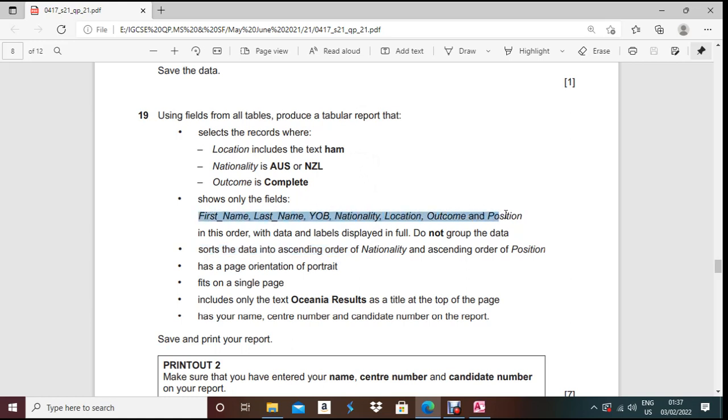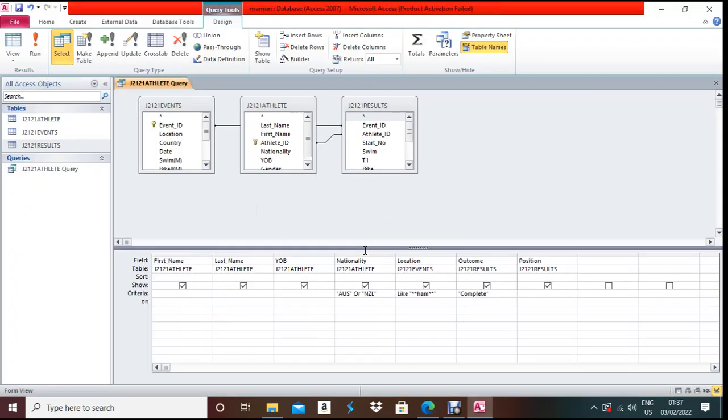So always write sorting in the query. Sort the data into ascending order of nationality and ascending order of position. So nationality should be ascending order